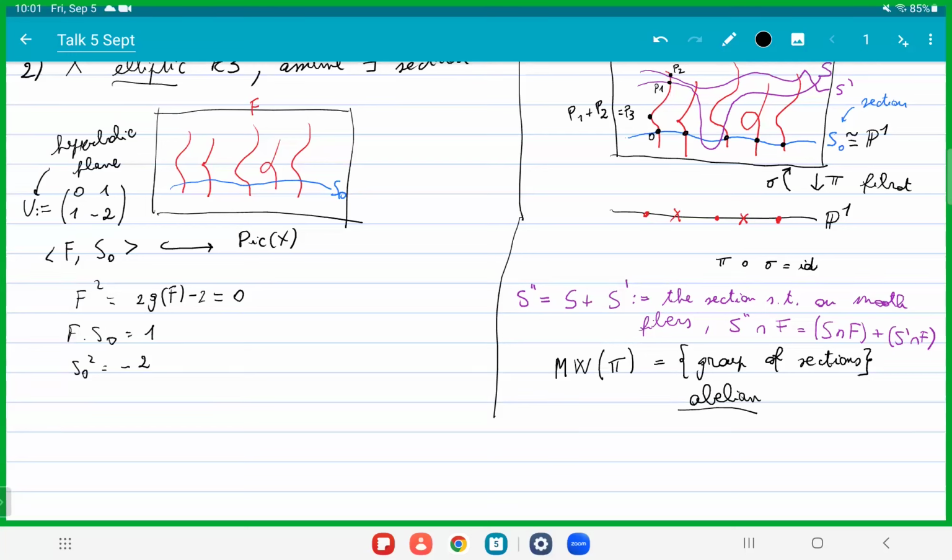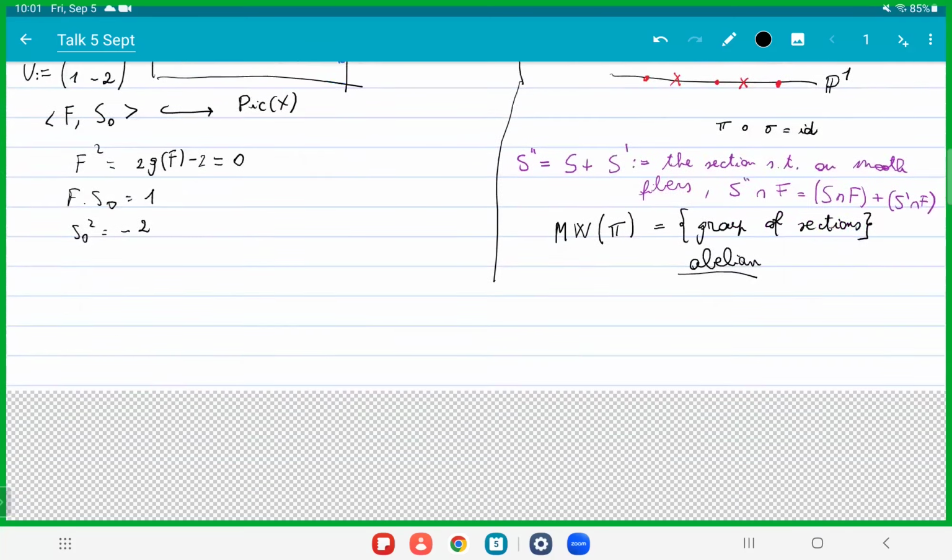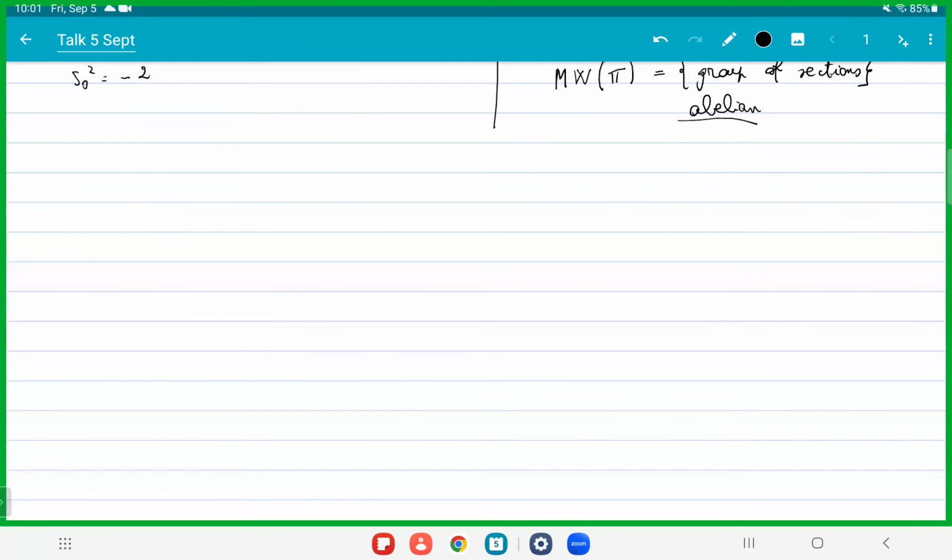Okay, so these are two examples of how we compute the Picard lattice of a K3 surface. And as I was saying before, we can really obtain a lot of strong geometric properties of the K3 by looking at the Picard lattice. And I can explain in a second how this works. So let's see if I can find.